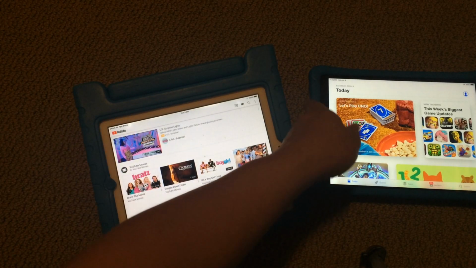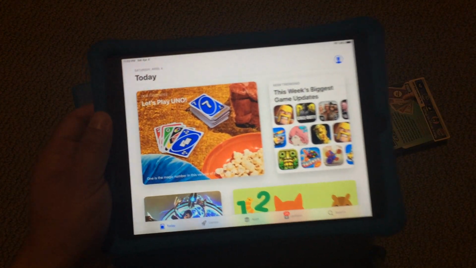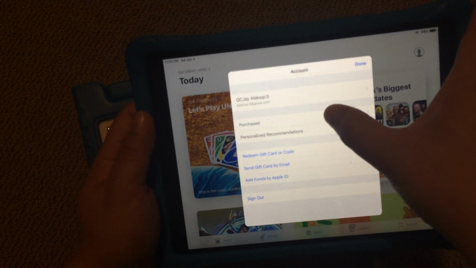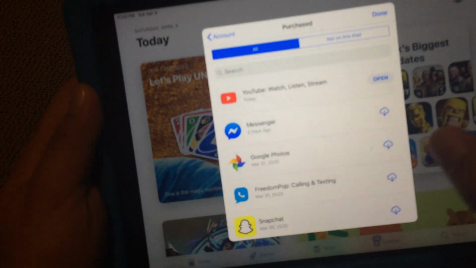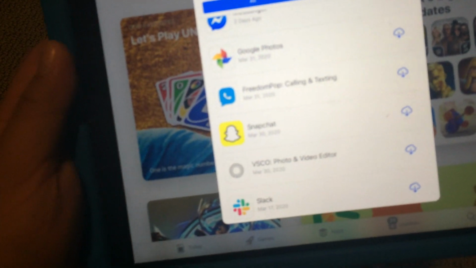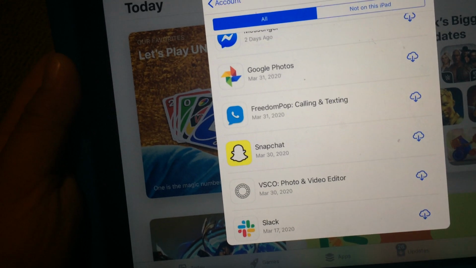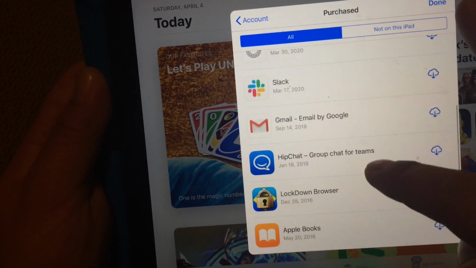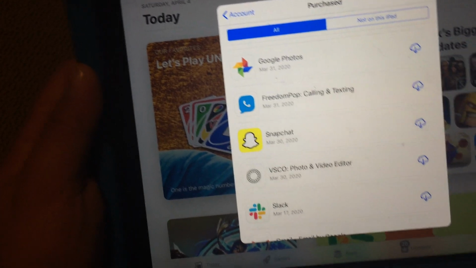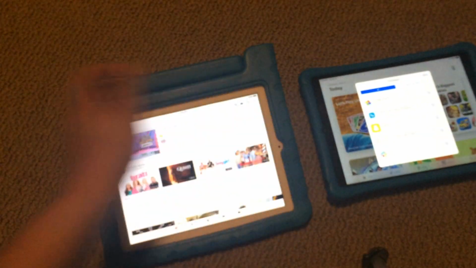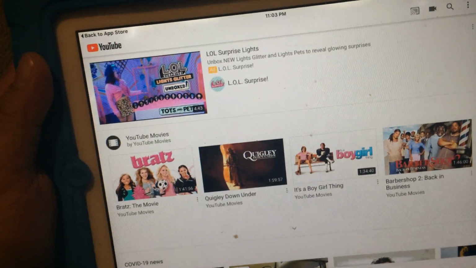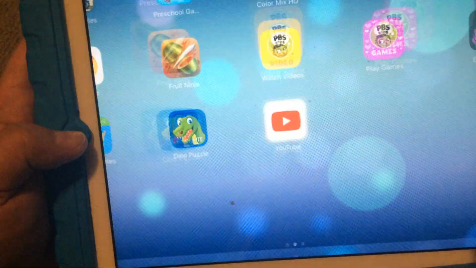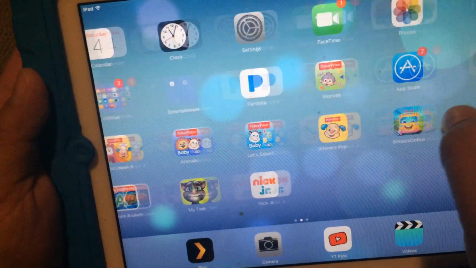very quickly that I use this newer iPad to purchase Snapchat. And I go over here to purchased. I have Snapchat, and you can see some other apps that I have. It doesn't have that many, probably like 12 or something. So I have Snapchat over here, but when I go back to the other side, if I look for Snapchat, if I go to the App Store,